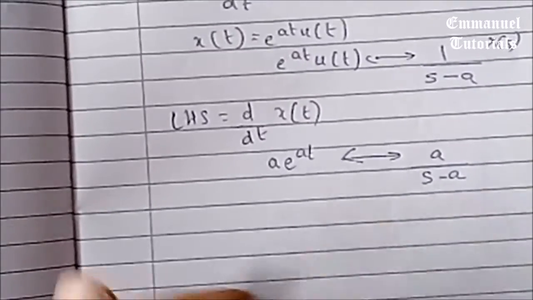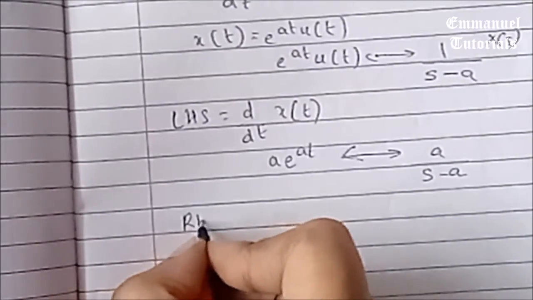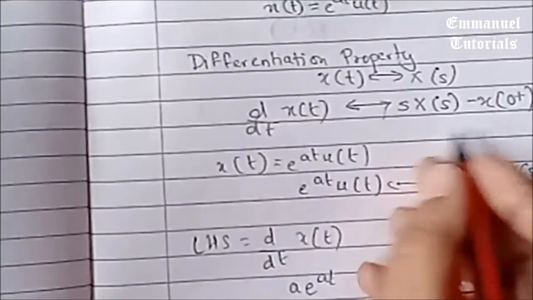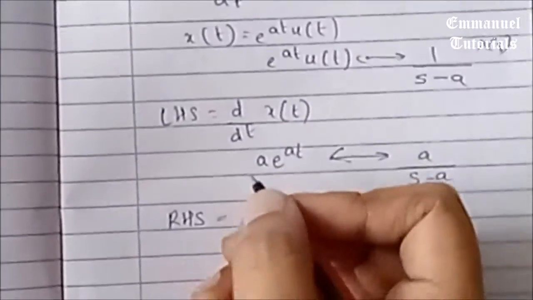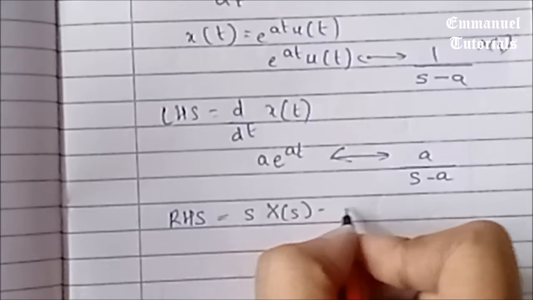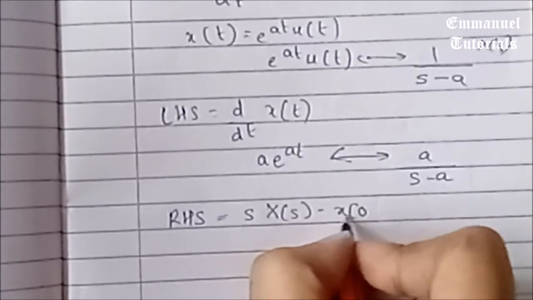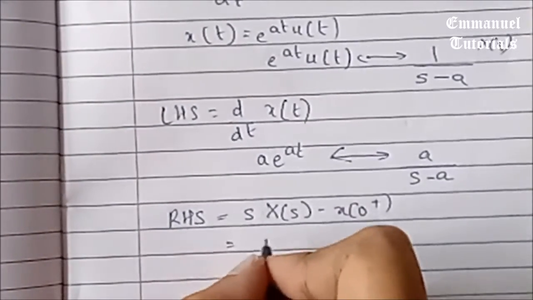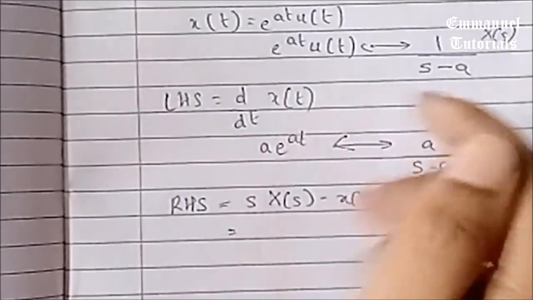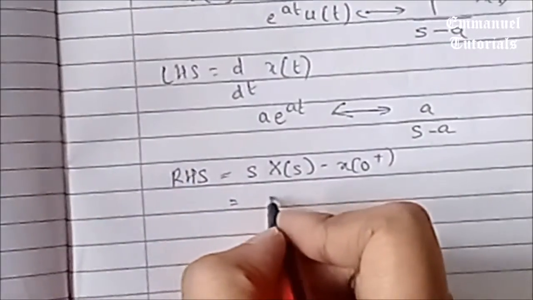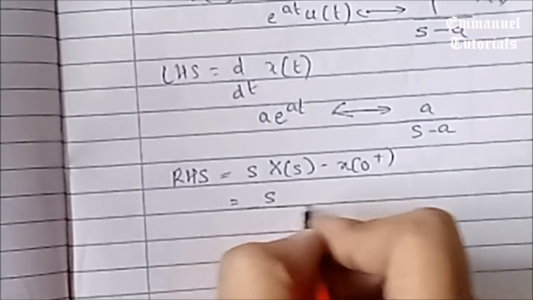Now we go to the RHS part. RHS for us will be s into x of s minus x of 0 plus. This is the time domain signal that you have to remember. So s into x of s will be, x of s is 1 by s minus a, so it will be s by s minus a